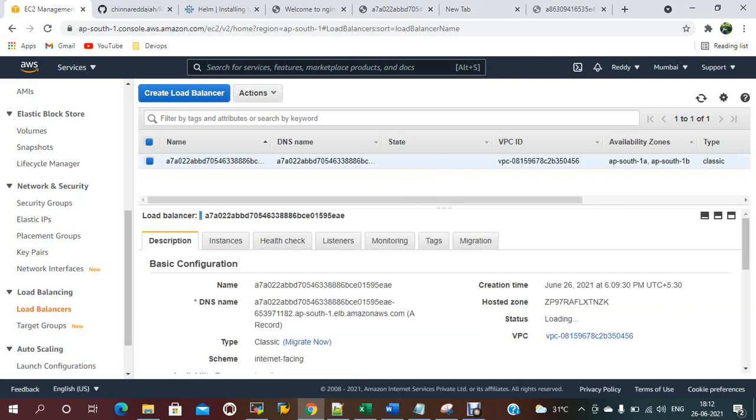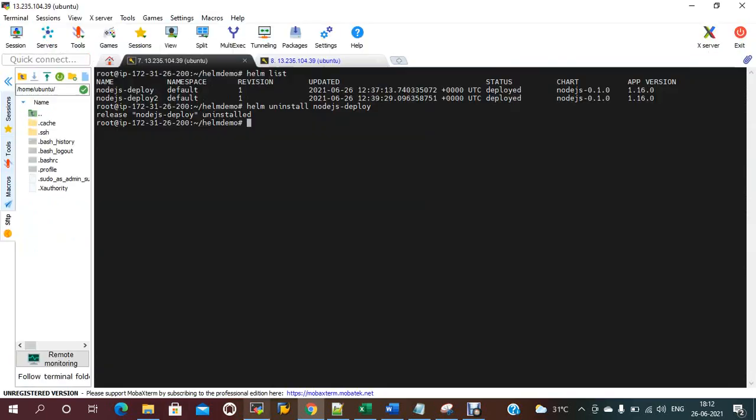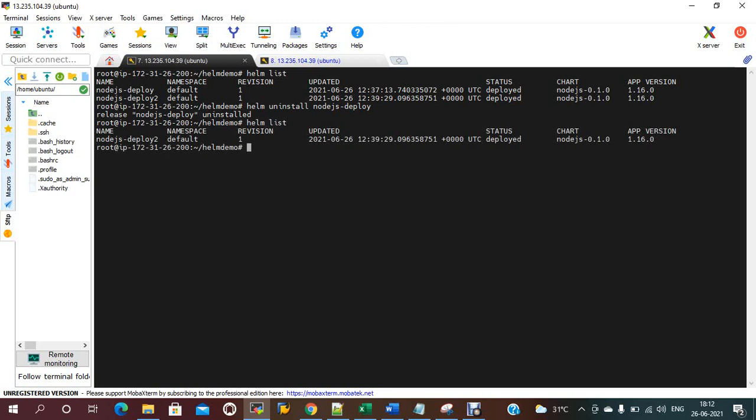If you refresh, it should be deleted. Now if you check helm list, it should be only this one. If you want to delete this one also, you can do a helm uninstall with this deployment name.